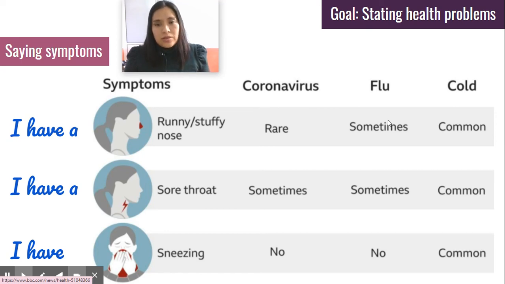Well, I listed these ones because these illnesses you see in this comparative chart share many symptoms. And that's why I wanted you to see the comparative. Well, continue working in your book. You can find there much more vocabulary, and we are going to learn much more as well in the class.